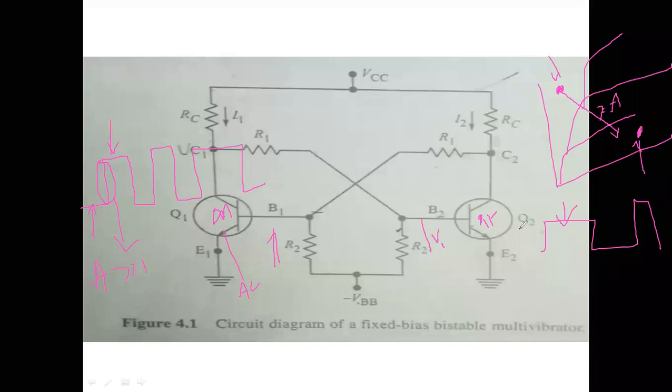If it is in the active region, the output may not be ones and zeros, because in the active region the transistor is going to act as an amplifier. Therefore, it will amplify the input signal. You won't get a constant value; you will get an amplified version of the input. We won't get a constant voltage. Therefore, transistors should not operate in active regions.